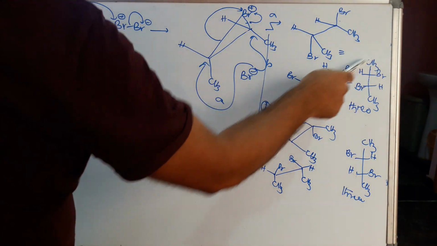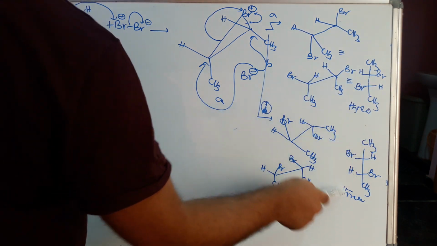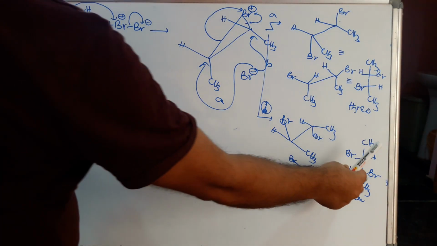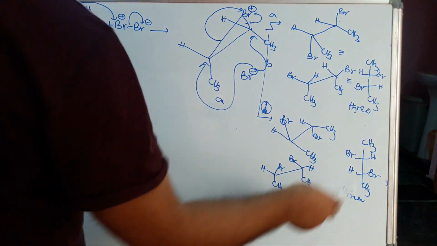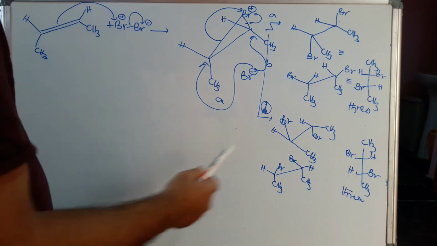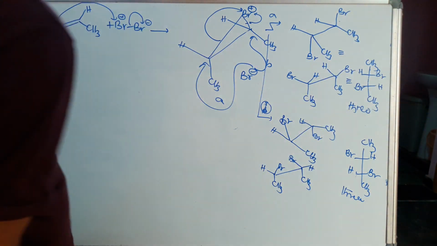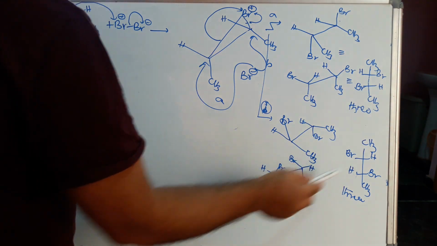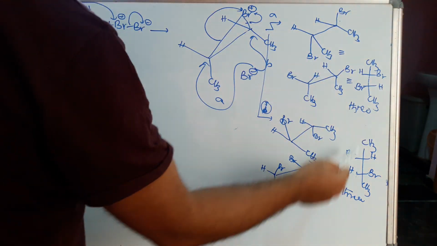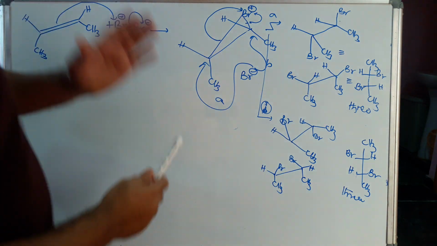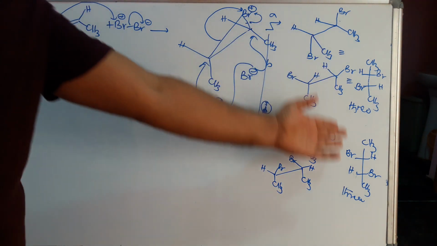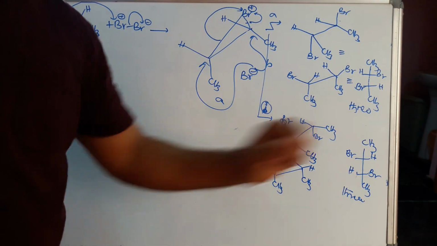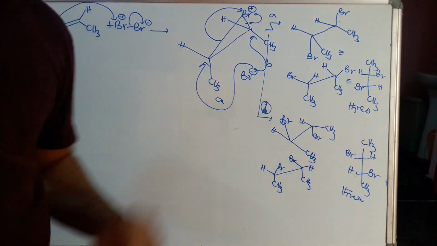Then individually this threo form and this threo form are optically active, because if you place these compounds side by side, these two are mirror images. Mirror image means this form appears exactly in the mirror: here bromine is there, exactly bromine will be there; here H is there, here H will be there. So the first form appears as the second one in the mirror. That's why these two are mirror images of each other.